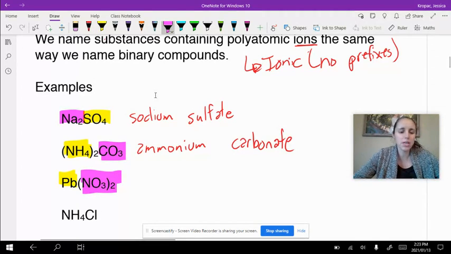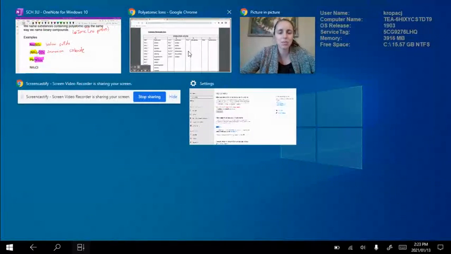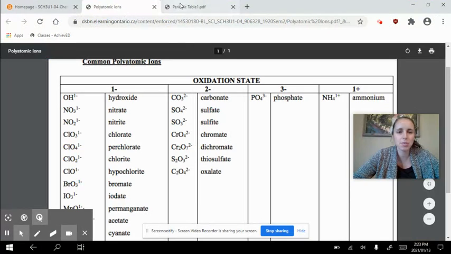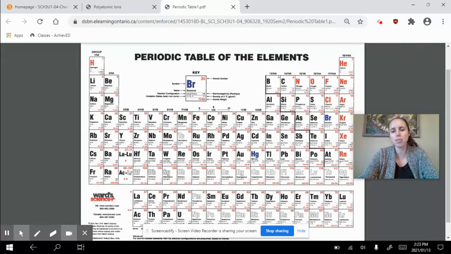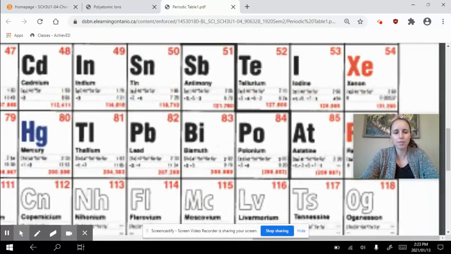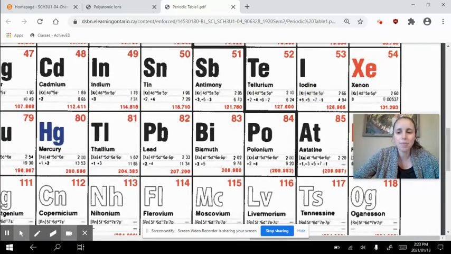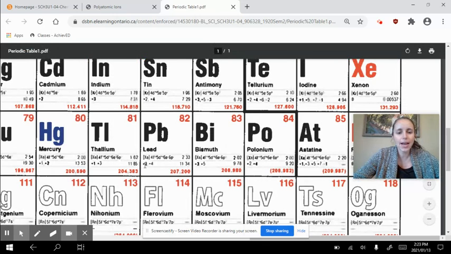So first of all, PB, that's one that we're not familiar with. So I'm going to find PB on the periodic table. So I'm going to pull up my periodic table. I'm going to look for PB, and I'm going to find that PB is lead. Now, as soon as I see where lead is on the periodic table, I get a little bit nervous because these are where some of my multivalent metals are. So I'm going to zoom into lead, and just what I thought, lead actually has